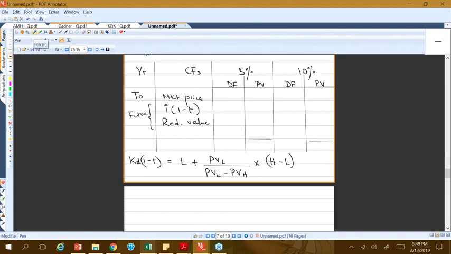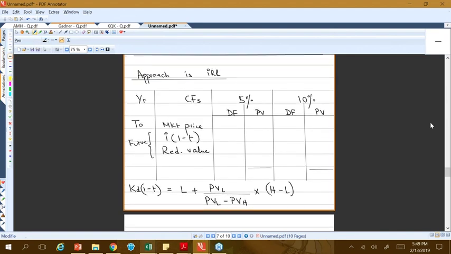Now, I may talk about why the IRR approach. If I have time, I will talk about why we use the IRR approach. But the aim of my discussion here is to get through the numbers quickly. Once I have the numbers, if time permits, I will go into the idea of why we're using the IRR approach.